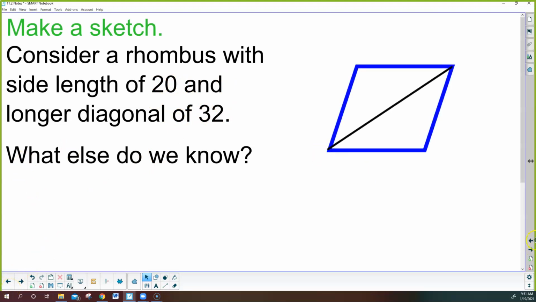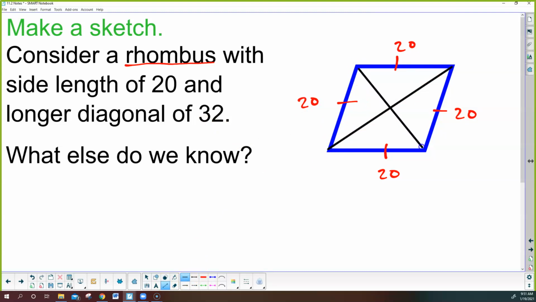Let's start off with a rhombus. If I take just the definition of rhombus, we know a rhombus is a parallelogram with 4 congruent sides. So the side length is 20 for all 4 sides. And then it says the longer diagonal is 32. Now I'm not going to write 32 in yet, but we do know